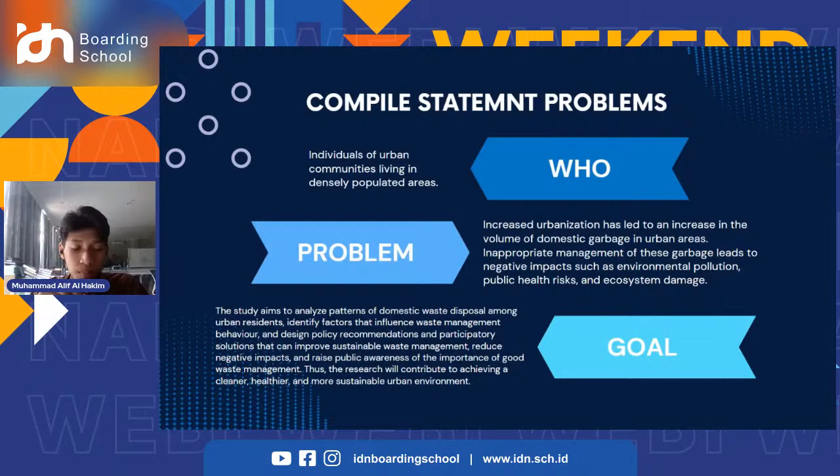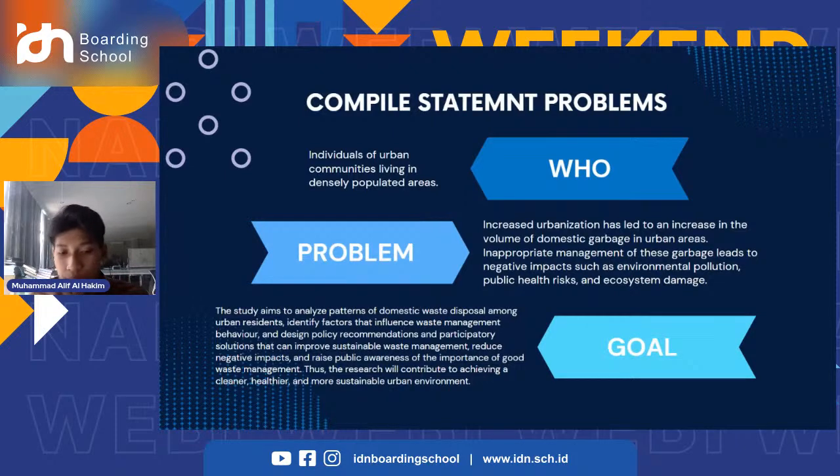For the who: individuals of urban communities living in densely populated areas. And for the problem: increased urbanization has led to an increase in the volume of domestic garbage in urban areas. Inappropriate management of this garbage leads to negative impacts such as environmental pollution, public health risks, and